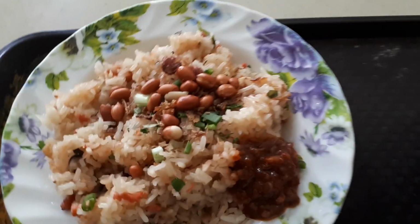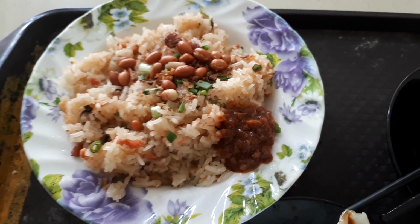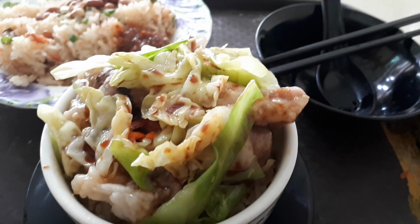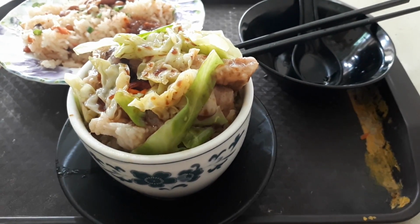First of all, the steamed pork ribs rice, somehow they do this very well. The pork ribs itself is marinated with a preserved black bean sauce that somehow coats, that penetrates into the meat, and then after that, when you steam it,